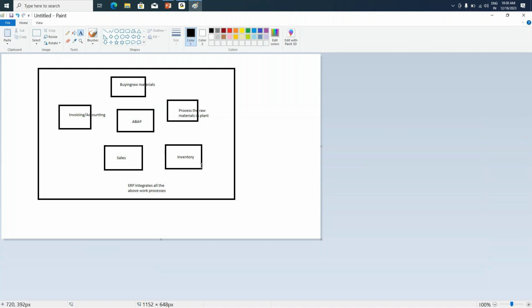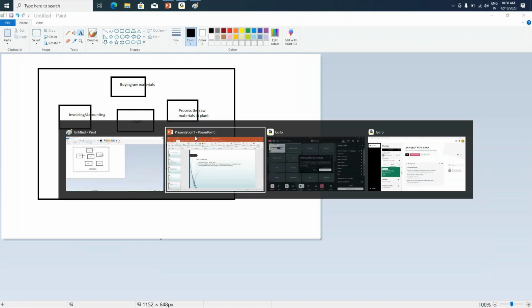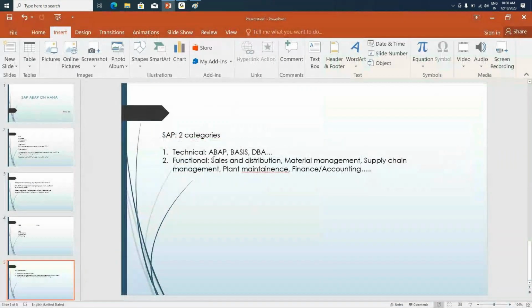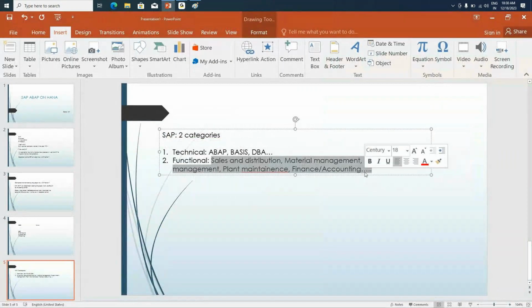Your functional guys will be there to take the requirement from the user. They'll explain it to you. Users will never directly contact you or talk to you. It is the functional people, the people working under these modules, who will take the requirement, who will understand the requirement from the user, and who will make you understand it. The responsibility of functional guys is to take the requirement from the users and explain it to the ABAP people such that the requirement can be met.